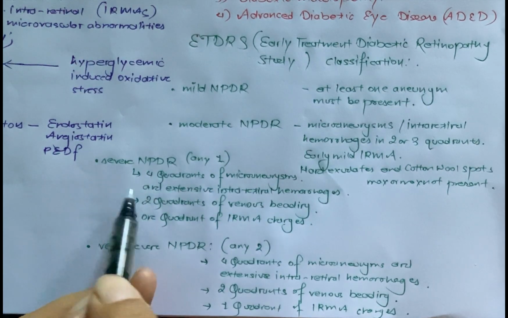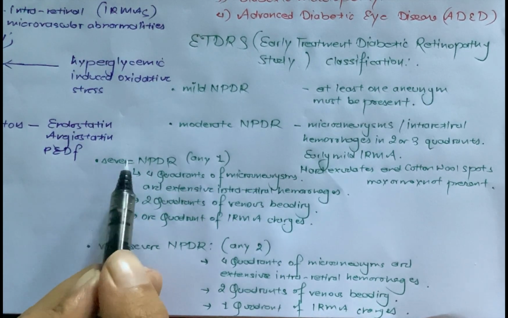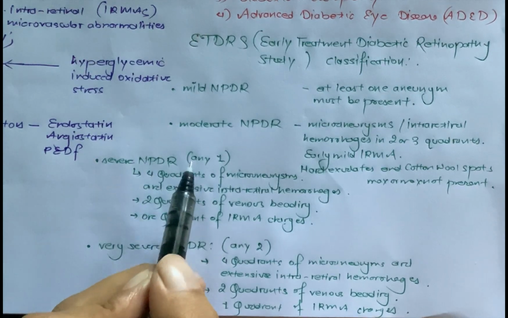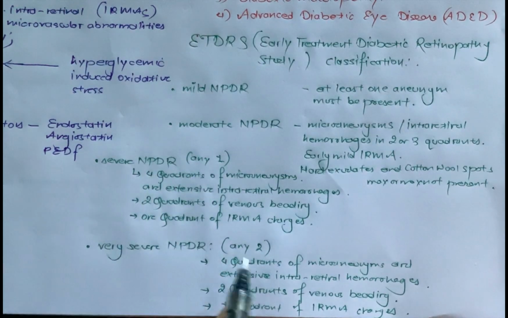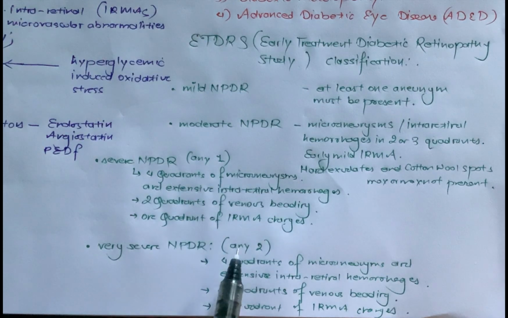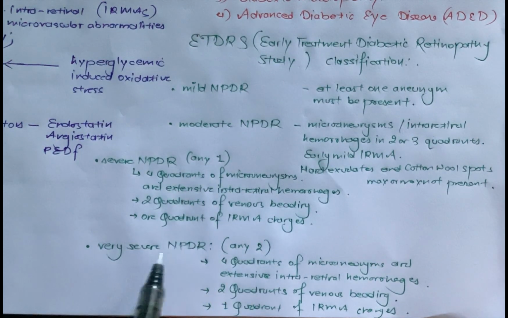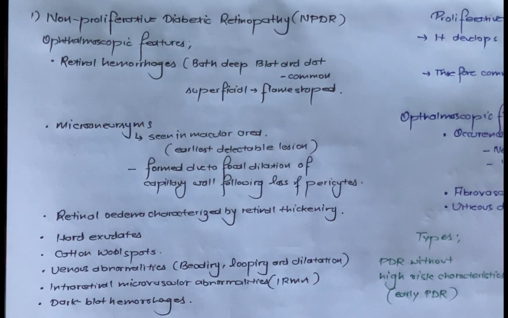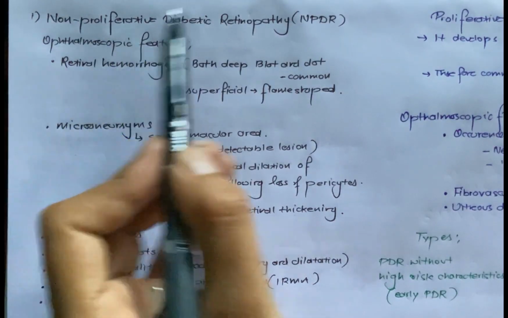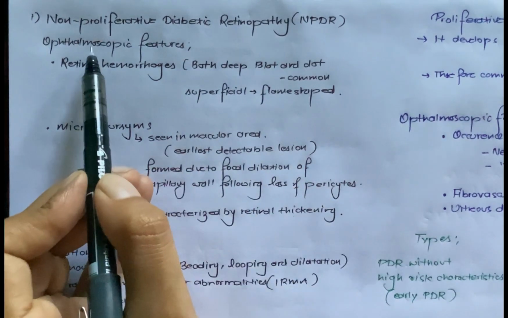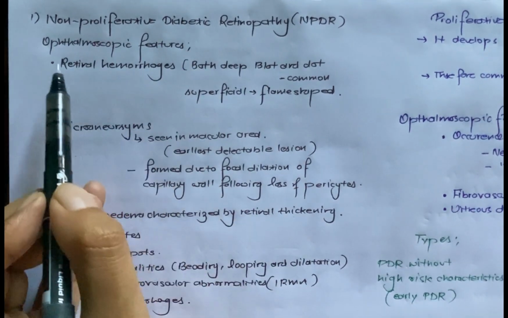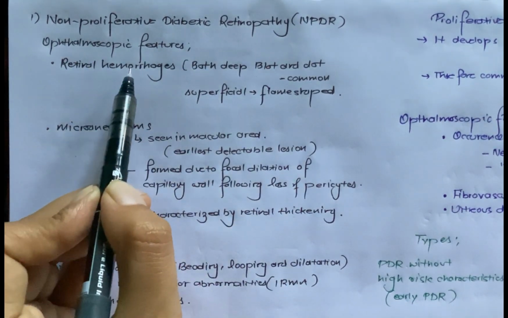Any one of the following, if present, it falls under severe NPDR, and if any two of the following are present, then it falls under very severe NPDR. Now moving on to the non-proliferative diabetic retinopathy, the ophthalmoscopic features are: there is presence of retinal hemorrhages of both